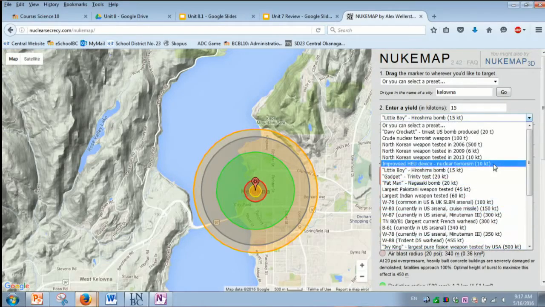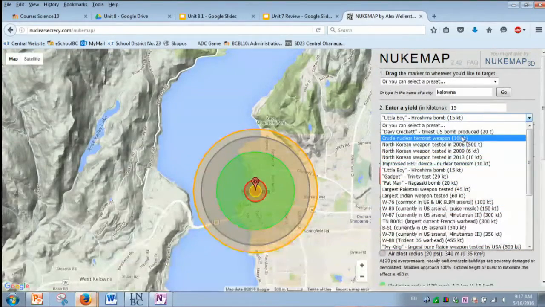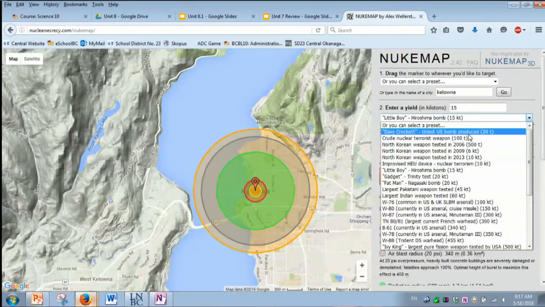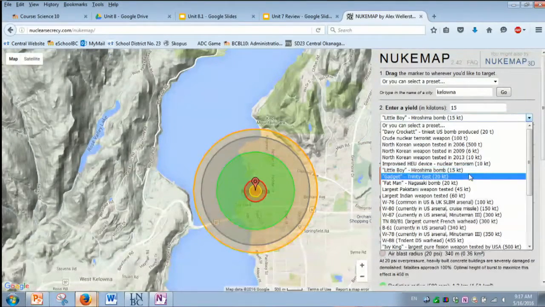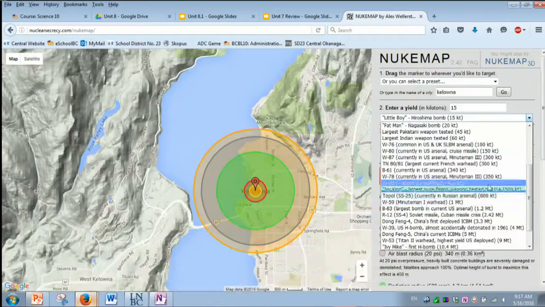Sorry, I never mentioned it. So Davy Crockett was a 20-ton equivalent of TNT. Little Boy was 15 kilotons, so that's 15,000 tons of TNT. So that's a lot. Let's go up to